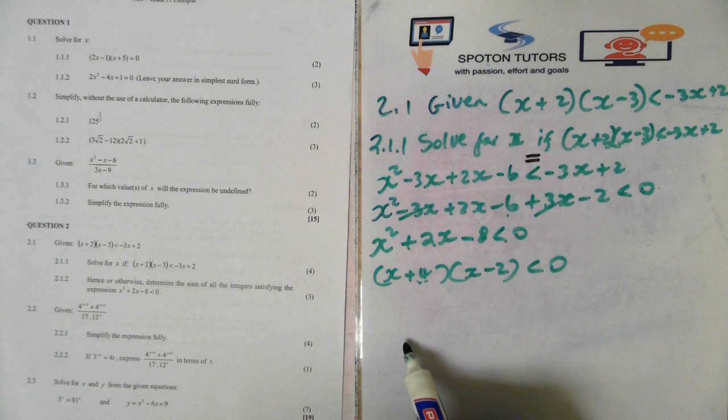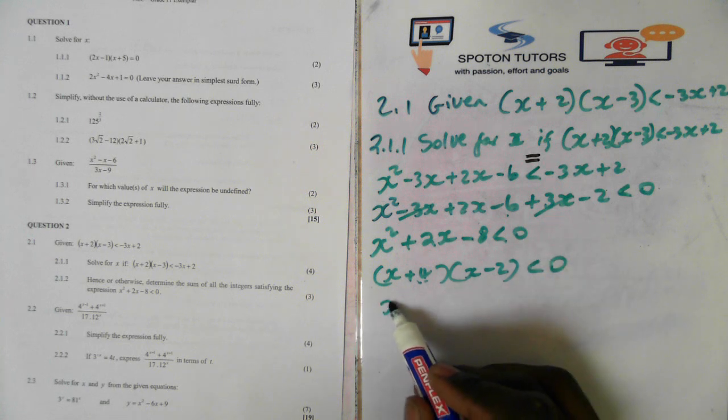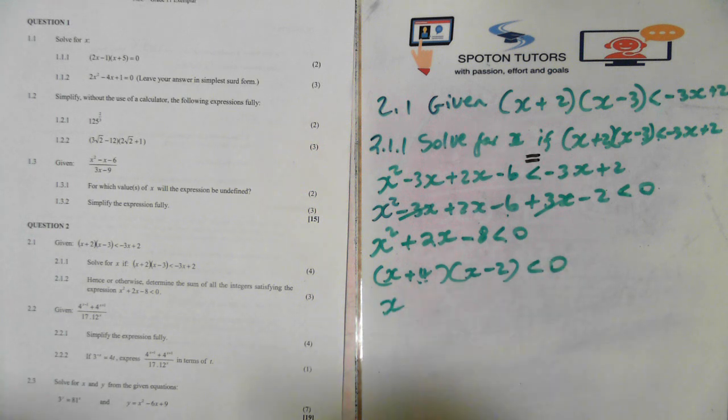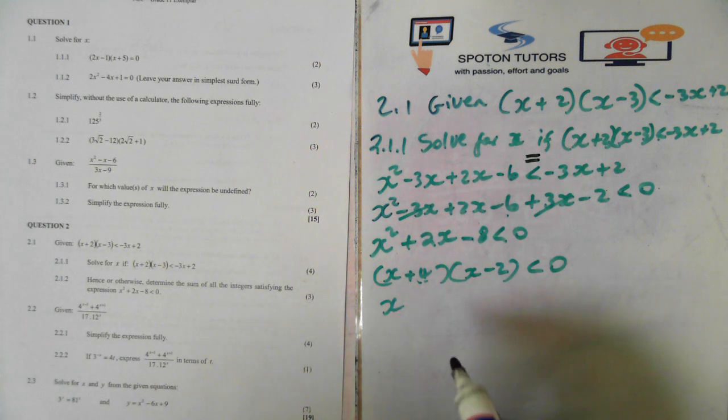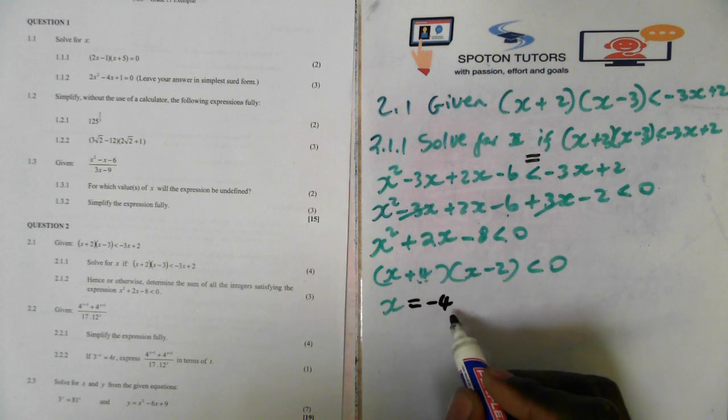If you have this as an equal sign, x, and I'm going to put it in black ink again, for the sake of understanding, x is equal to -4,